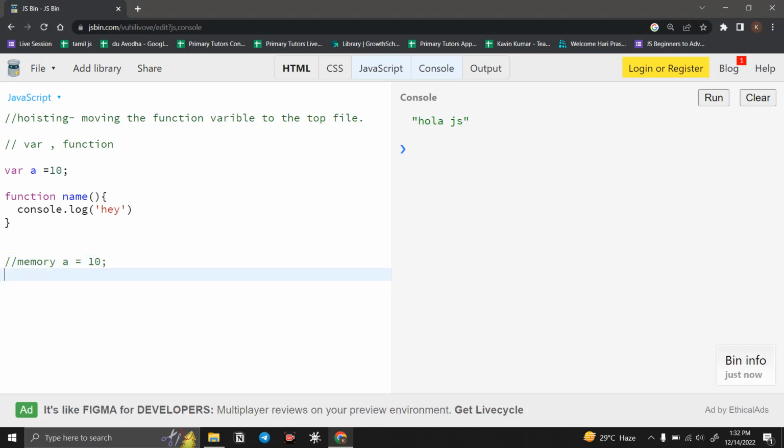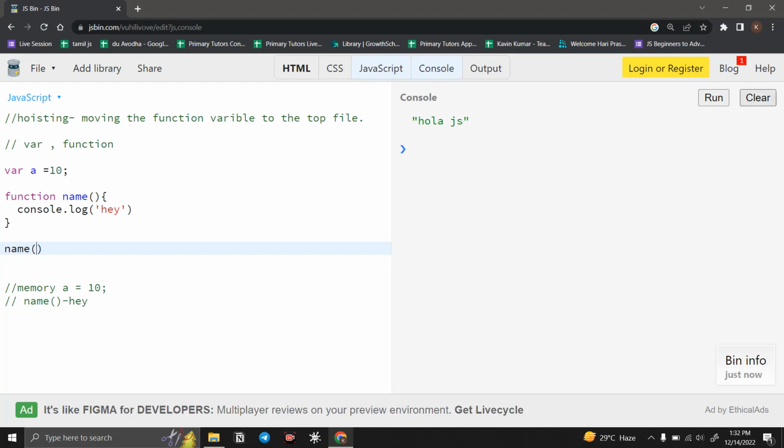What happens is it will go for the function and create a memory for the name. And this name stored this value here. So it will store here. Okay, so like that it will store. So it will store it, and once I call the function, if I say name, I call the function and